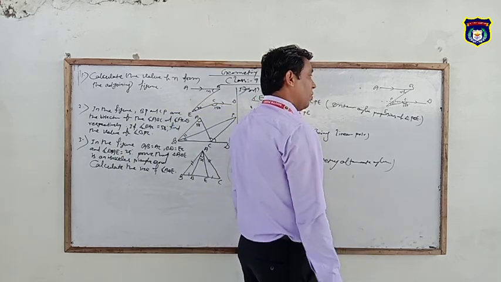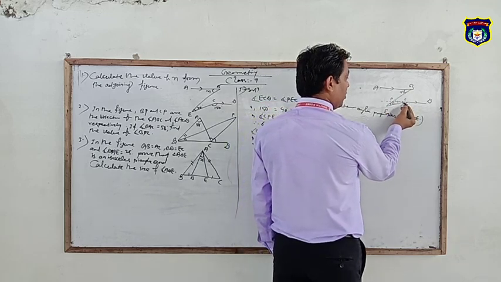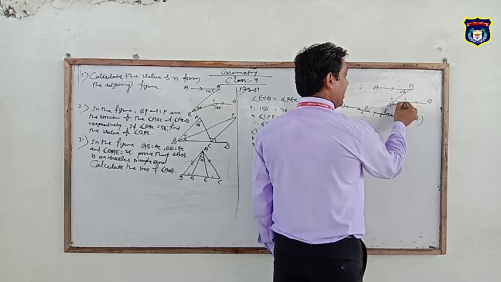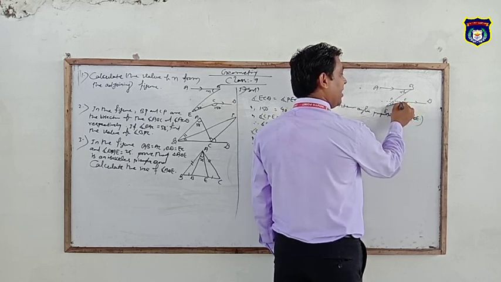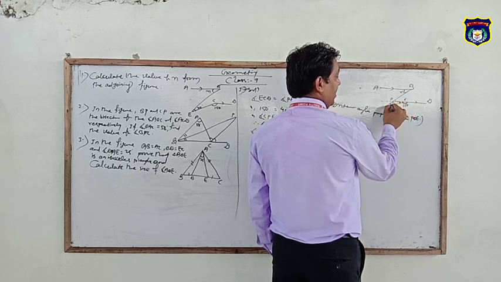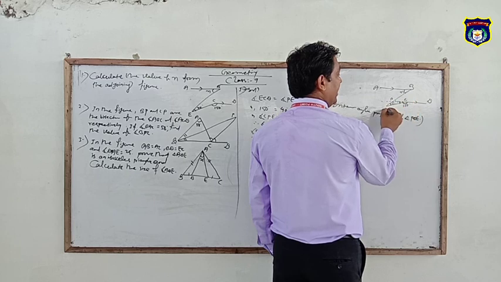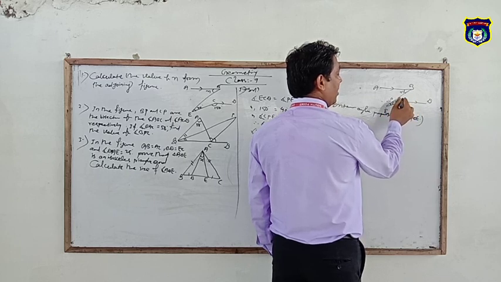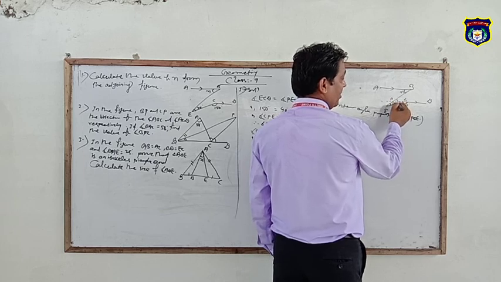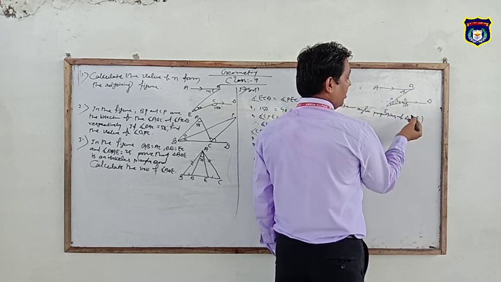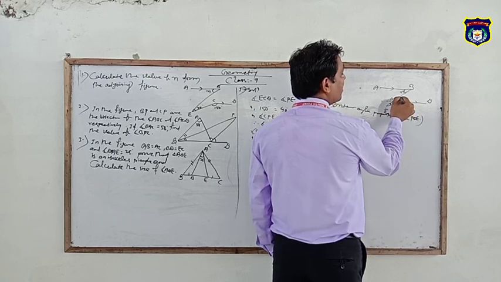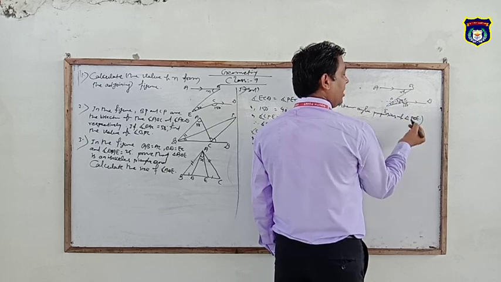In another way, we can also find the value of x. This is 150, and another angle is PCE. This angle plus this angle is 180 degrees, so you can find this angle. After that, both angles PEC and PCE are opposite interior angles of this exterior angle of the triangle. I think this is 30 degrees and this is 40. 40 plus 30 is 70, and these are alternate angles.